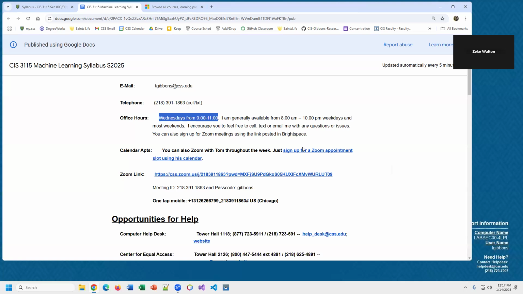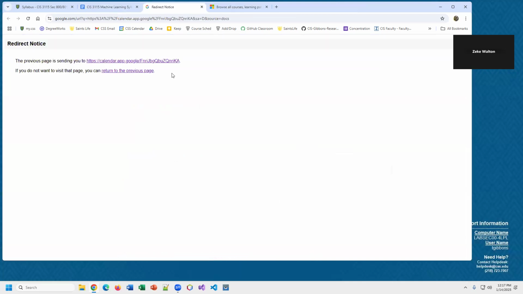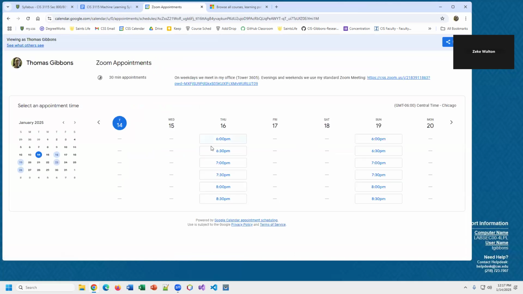You can also sign up for Zoom appointments, particularly if you're an async or an online student. Right now they're set up for Thursday and Sunday nights. I generally do it Sunday nights because things are due Sunday night. I find some students put the work off until Sunday night. I don't understand that, but we have office hours there. You can sign up for an appointment. I have students who just regularly sign up for a 7 o'clock Sunday appointment because they want to discuss stuff every week and go over material,